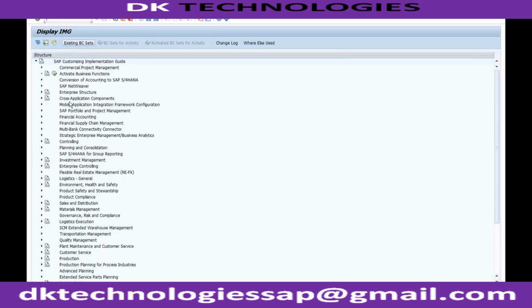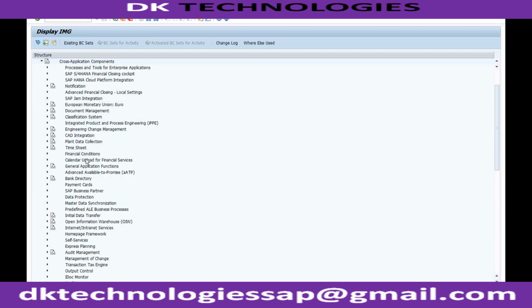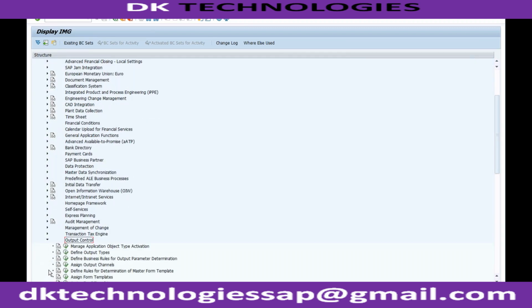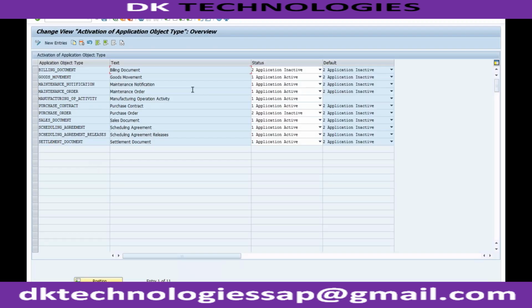In IMG, if you go to cross application components, within cross application components, you will go to output control. And in output control, this first activity, manage application object type activation. This is where you need to tell the system that for different types of billing documents, you can see for